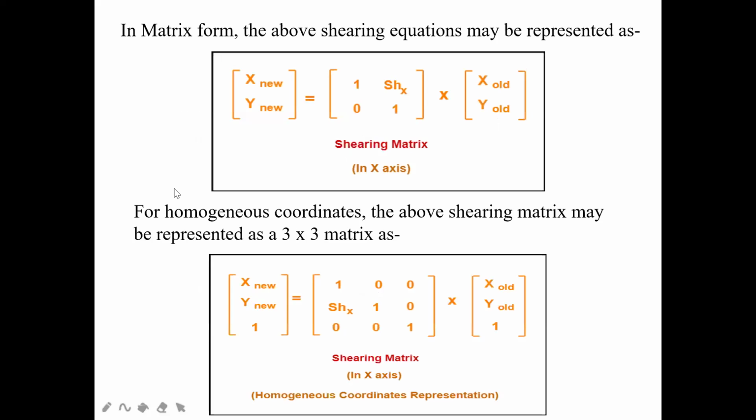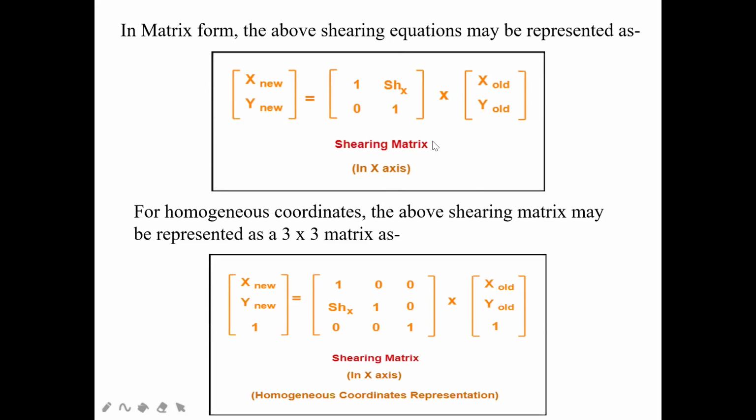Now if I apply that shearing equation in matrix form, I'll get one matrix. How will I get the x new and y new values? It is going to multiply with x old and y old values, which will be constant in all the transformations. But here the shearing property will be 1 for the x value, and in the y value you have to write shearing of x axis. Then 0 and 1, because we are going to keep the y new value the same. So this is the shearing property in matrix form.